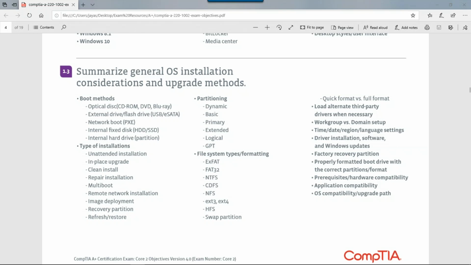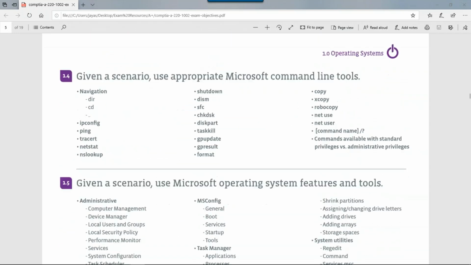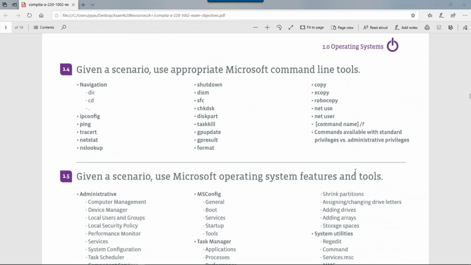What do you do if the resolution is off? How do you extend the monitor? We were talking a little bit about partitions earlier. That was my first performance-based question. Make sure you understand the difference between all of these and what you can do. Some of the things that you can do with partitions. What else? Drivers. Just basic troubleshooting stuff.